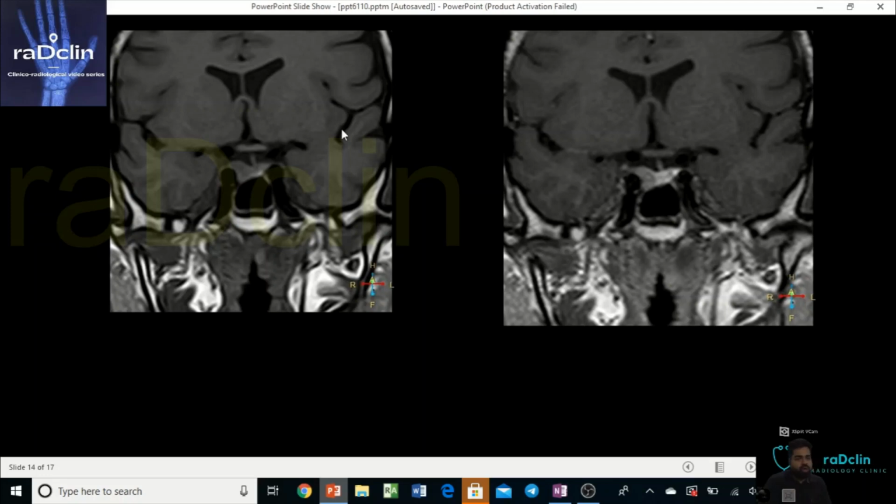Now moving on to this, as you can see on post contrast right over here, this is a small focus of non-enhancing tissue while the rest of the gland enhances. There's also a slight bulge in this area. This is a smaller lesion, a microadenoma, because it's showing delayed enhancement. That is, it is hypo-enhancing relative to the corresponding gland on the initial dynamic sequences.